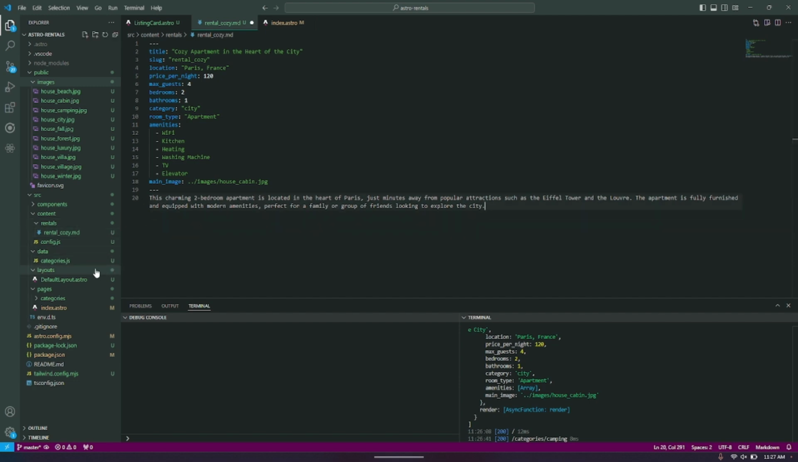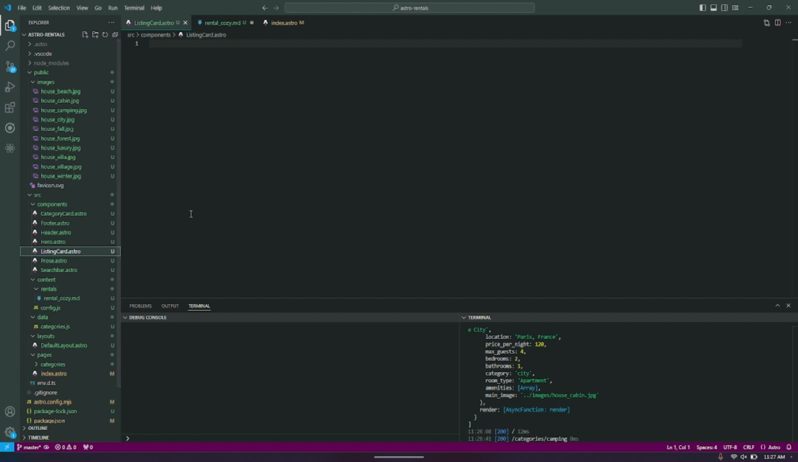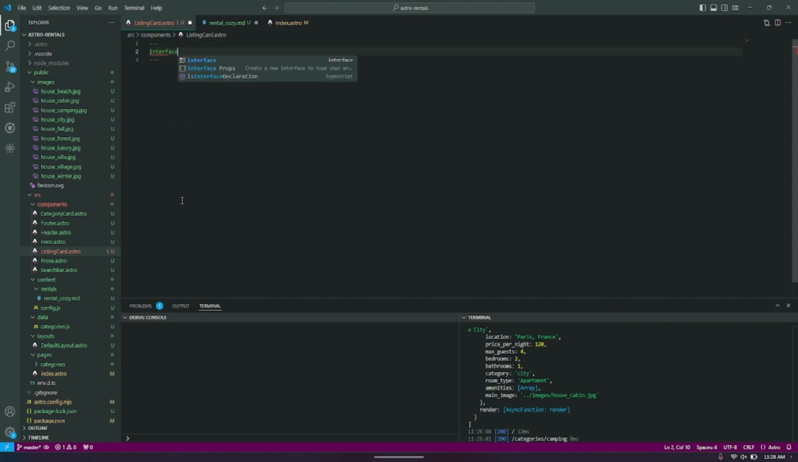So what we're going to do first off is make a component, a listings card.astro, and create the props. So first of all, let's do the props here. We've got interface Props,